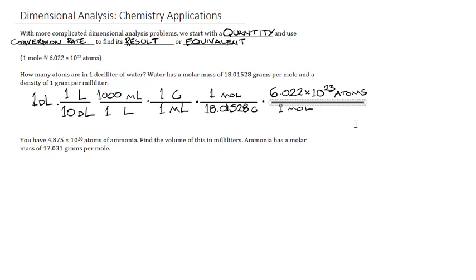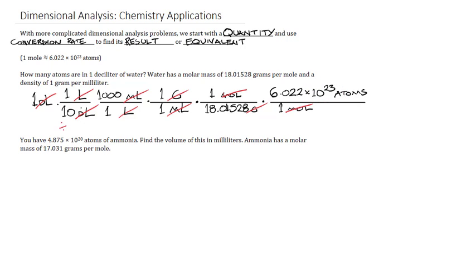It should be obvious by this point that our ultimate answer will be in scientific notation. Before we get too deep into that, let's make sure the units go away like they are supposed to, and you can see that they do. You can see that all of these divide out. And now what I'm going to do is just work around that. I'm going to save 10 to the 23rd for the very end, and then we'll just adjust as necessary to make sure that our final answer is in proper scientific notation.